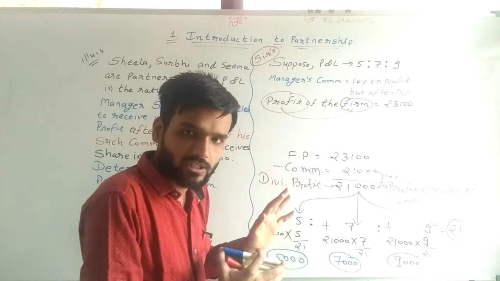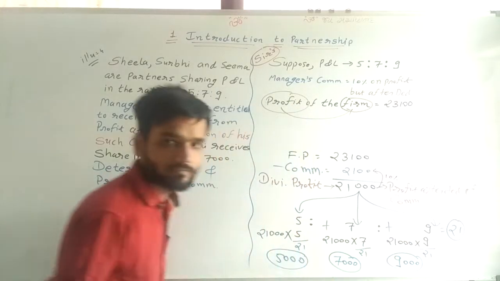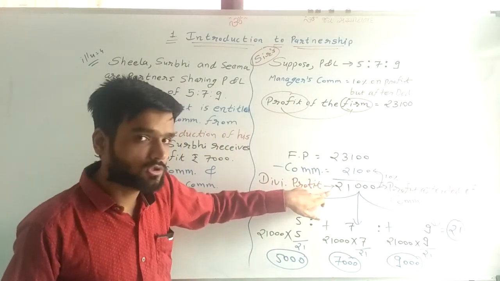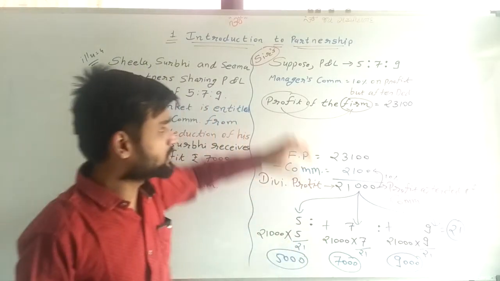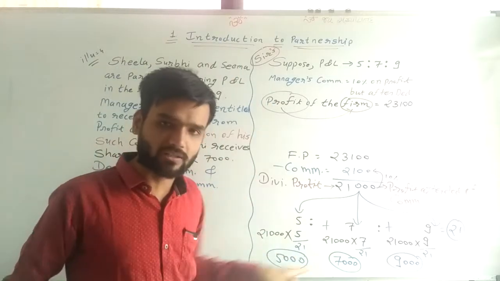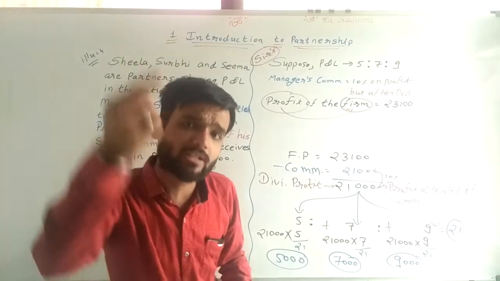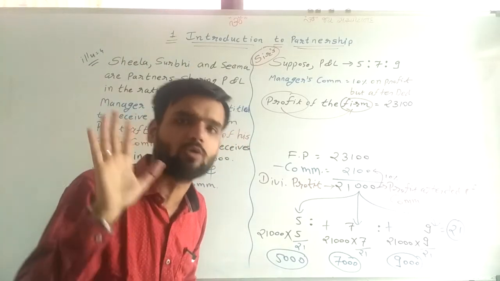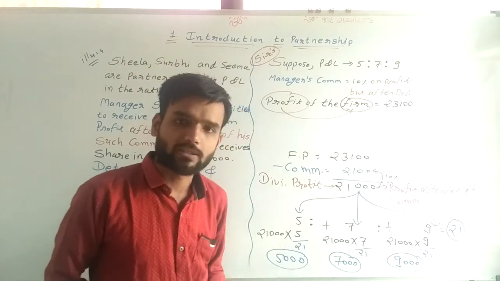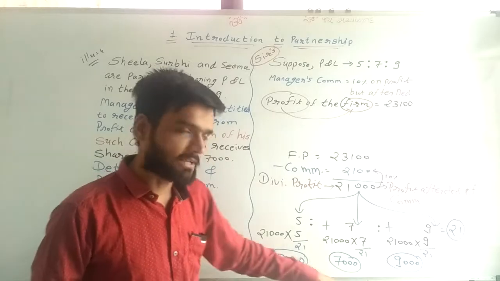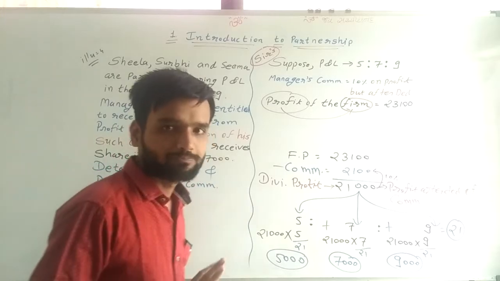That we have seen in this question. And this divisible profit is distributed among the partners. So if divisible profit is given, we can find the firm profit and also the profit of partners. Here commission is given to the manager. That's why it is not added in the partners' profit. In the last lecture, commission was given to a particular partner. That's why that commission was also added in that partner's account. But here commission is not given to any partner. That's why the profit of partners here is 5,000, 7,000 and 9,000 only. We are not adding the commission 2,100 in any particular partner's account.